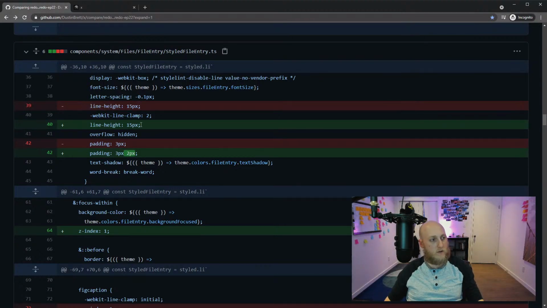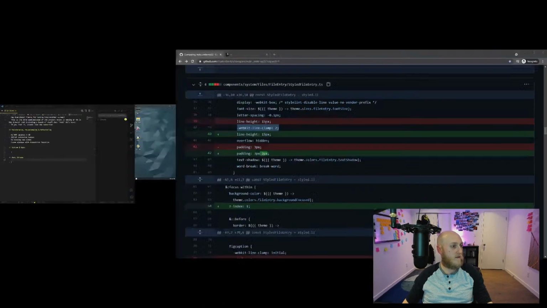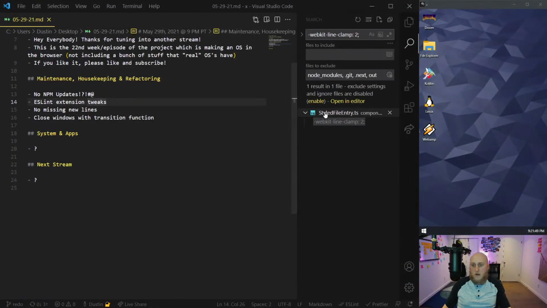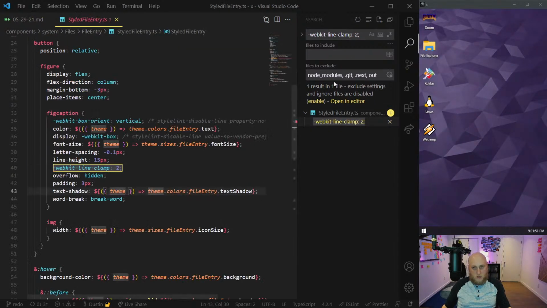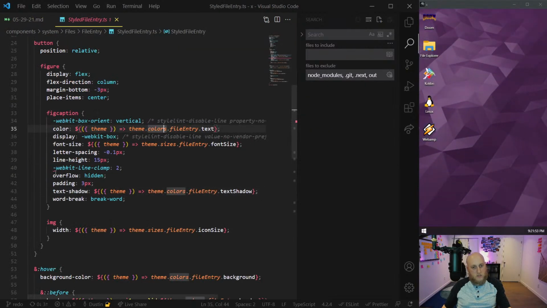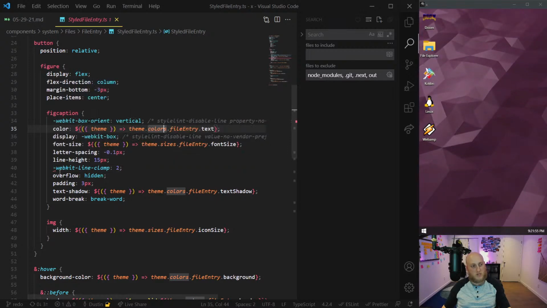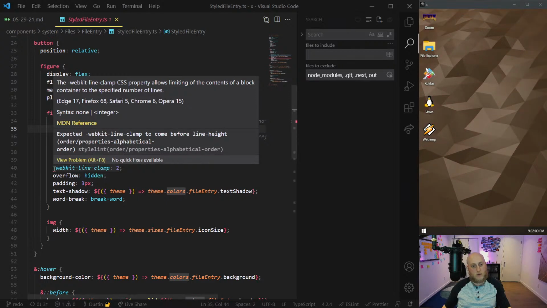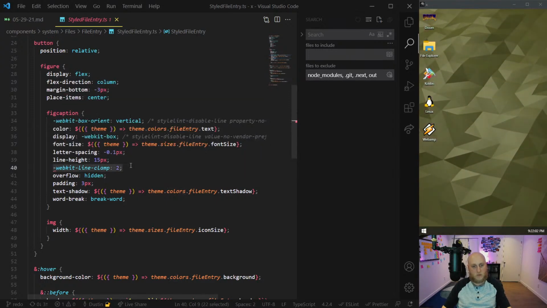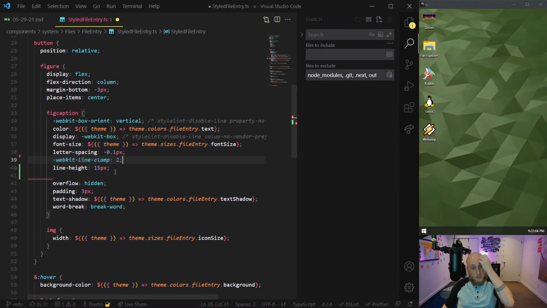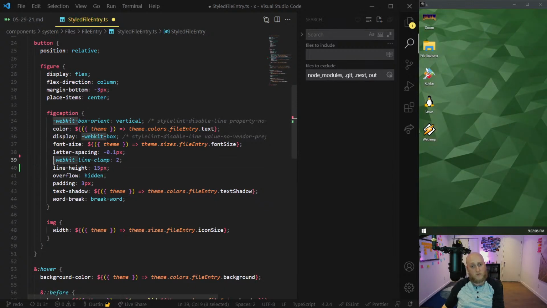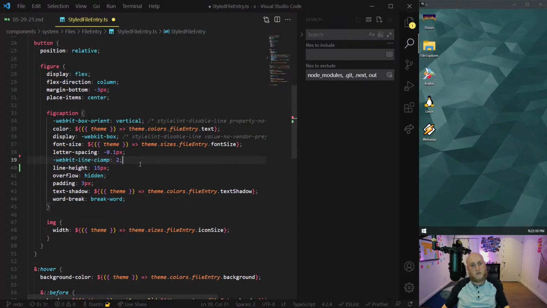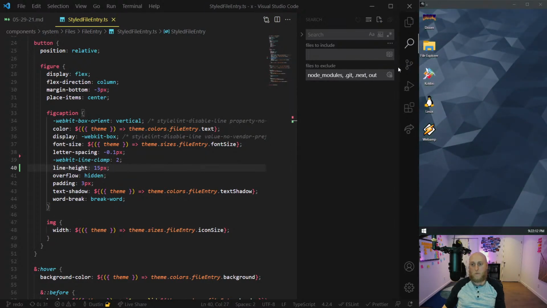Looks like I had the alphabetization wrong here. I can fix that. That's minor enough. Not only is it minor enough, it's almost as minor as is possible. So I actually should have noticed this last time. Sometimes I see a squiggly line and I have to think about it. Yeah, okay, so this is just an alphabetical thing because the way the alphabetization works here is it actually ignores the vendor prefix. So it's saying line clamp goes ahead of line height, which is true.